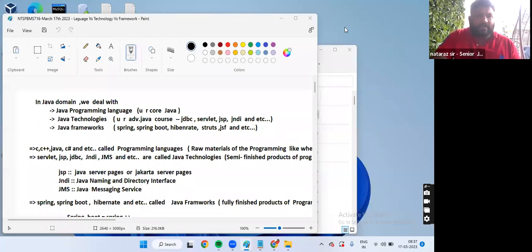Bhargavi madam, I always suggest first try as a Java developer, join the company as a Java developer, then try to become a full stack developer. Okay, guys. Hibernate is required if you are trying to show 3, 4, 5 years of experience. Up to 2 years, Hibernate is not required directly.